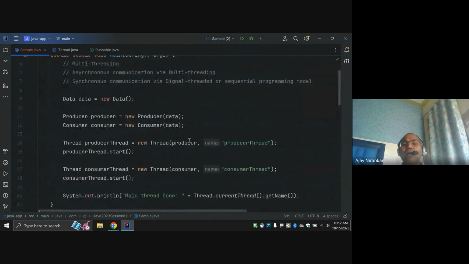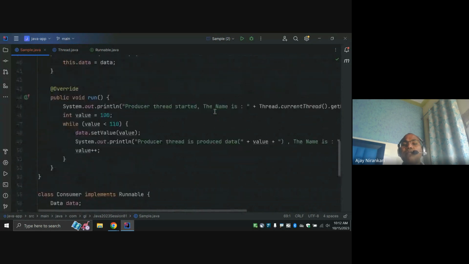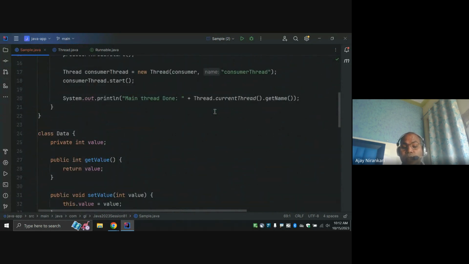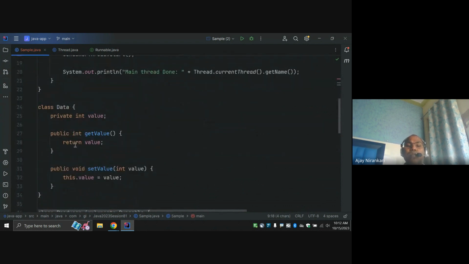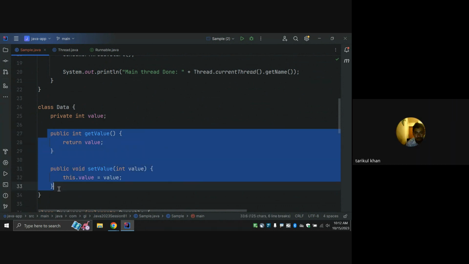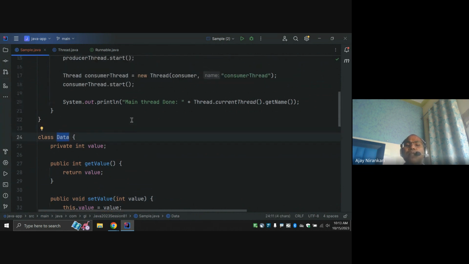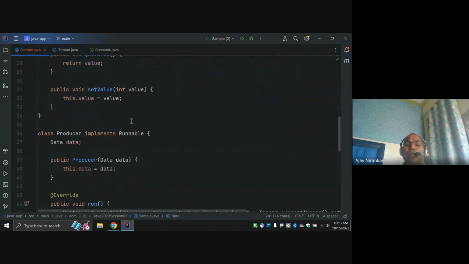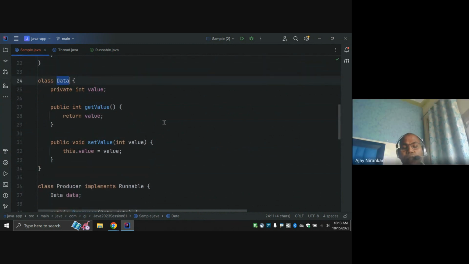So we are in the middle of the problem, right? Till now, we have to make some thread synchronization. Whatever data they have, whatever value, they are going to read and write. Someone reads, someone writes. At the same time, we have to ensure this data object has some lock mechanism. If someone is reading, no one else can write at the same time, right? Right. So here, if we have this data object, somehow we have to ensure